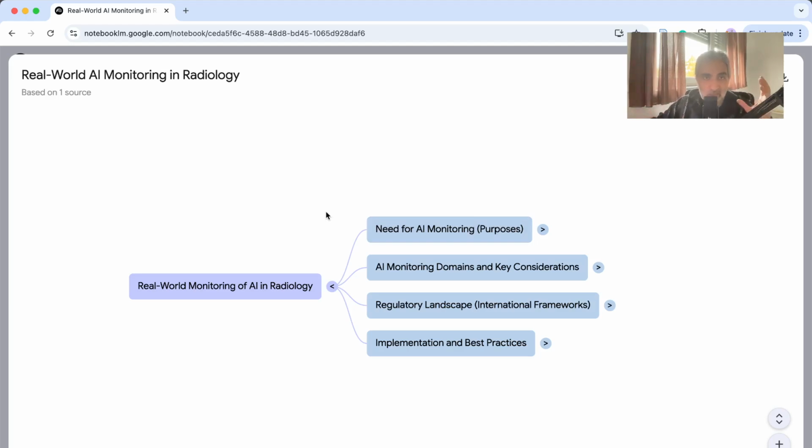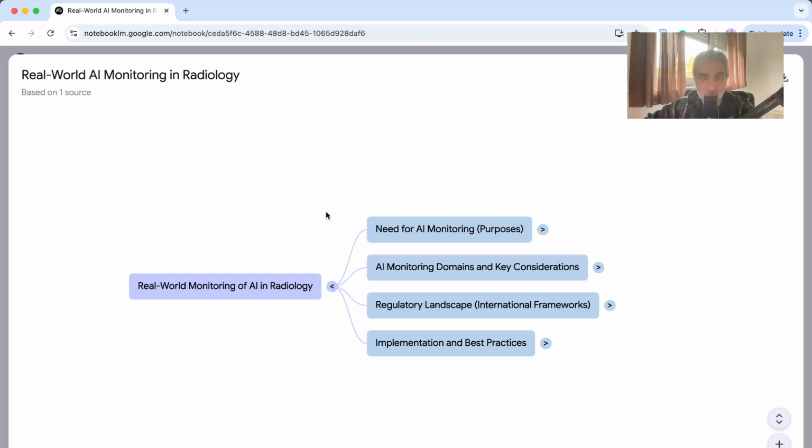So the idea of the paper is to show that even if you have an AI that is working and published, an AI tool that is FDA approved or CE marked, in whatever country, whatever regulation, so that it is now approved for the market and you can use it in your clinic,